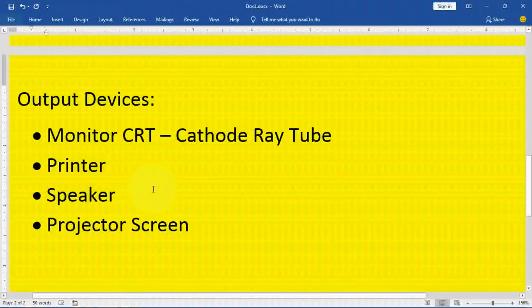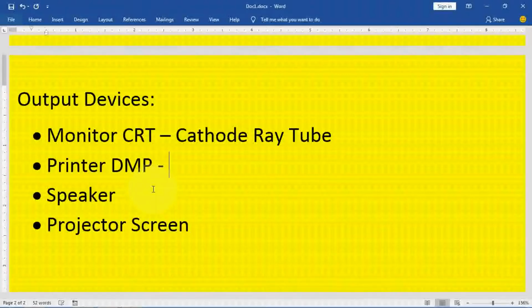Second, printer. Printer is generally used to take out the hard copy. Hard copy, as I said, is whatever data you are receiving on paper. There are various types of printers. First printer we can say DMP. DMP stands for dot matrix printer. If you do not have a large or longer document for taking out a print, you can use a dot matrix printer. As you have traveled somewhere with government buses or some travel companies, they are using a dot matrix printer to print your data on the ticket.